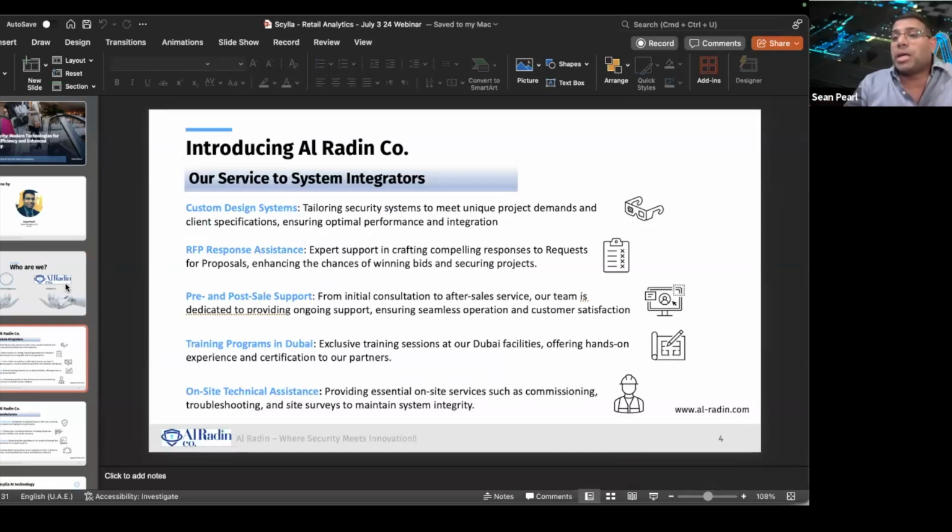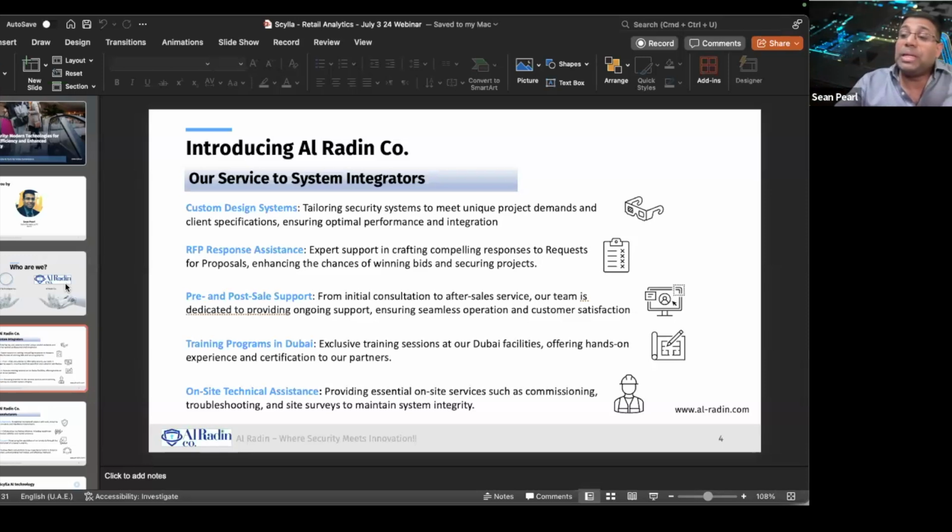and with the best in market products and solutions with what we carry in the portfolio. So for example, if you require assistance with a CCTV design, that is something that we can help with. We could also assist you with RFP responses. Now, compliances are quite a big aspect of all of your project submittals. And let's be very honest, it's a very tedious task. So we take that bit off you, wherein we offer this as a value-added service.